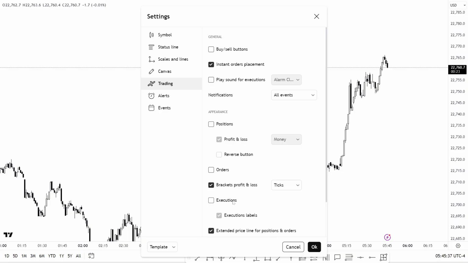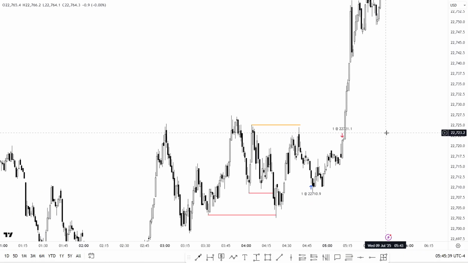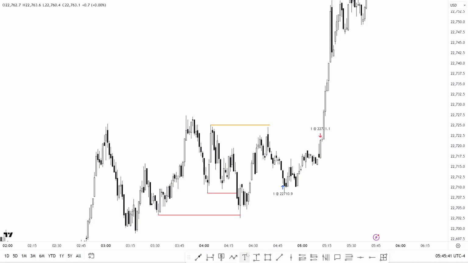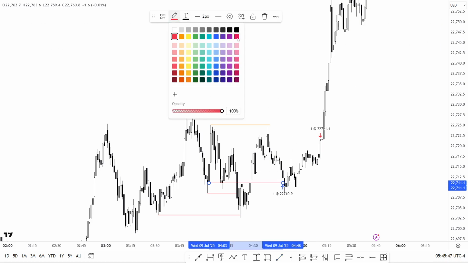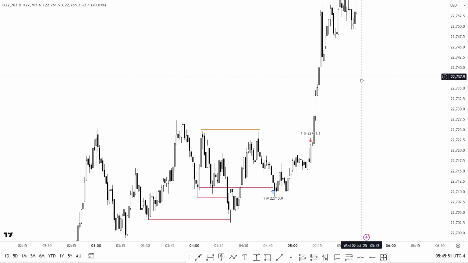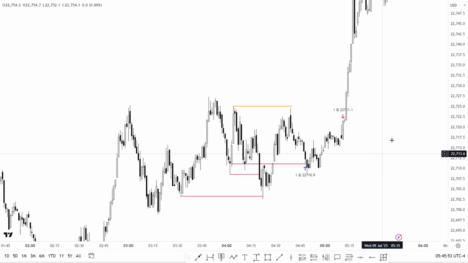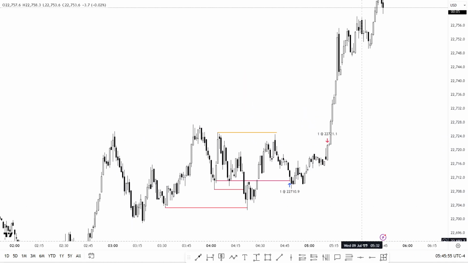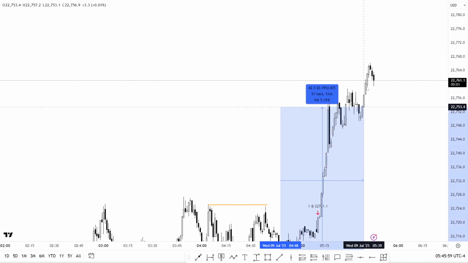Beautiful execution. Insane. Very nice. Very nice. Right there, that's what I was looking at. And I was looking for a 20 handle scalp, would have gotten out with 20 handles, beautiful. If I had a 20 handle stop, I wouldn't have to worry about anything. And if I held for the whole remainder of the session or for the whole review video, this is a